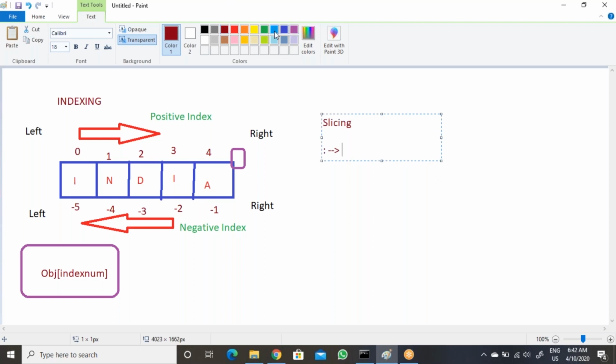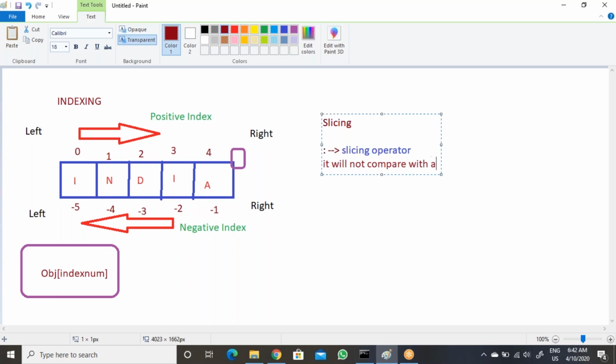Same thing we have slicing. Slicing is nothing but a small piece of information. So we need to use the slicing operator.